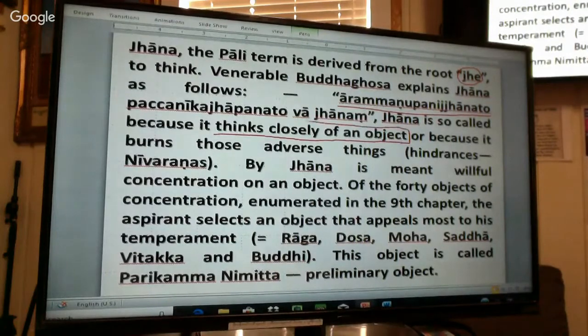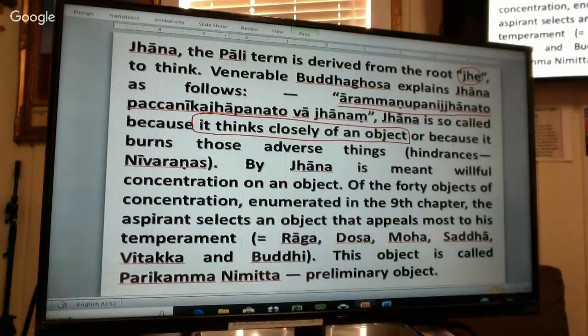This is one kind of definition of jhana. Jhana means thinking closely on only one object, not many objects. That's called jhana. And then another meaning is